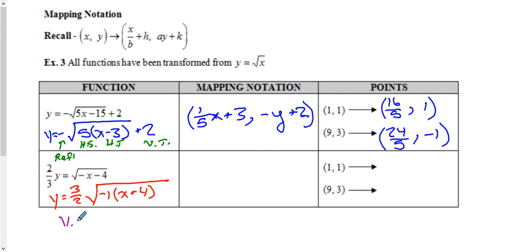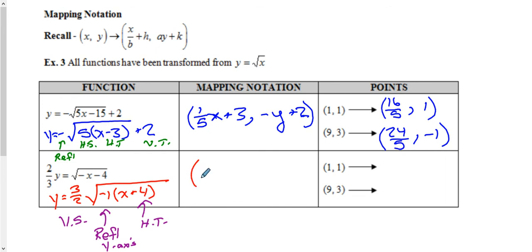So here I have a vertical stretch. I have a reflection. And I have a horizontal translation. And this reflection is on our y-axis, by the way, because it's within the function. So my mapping is going to end up being,